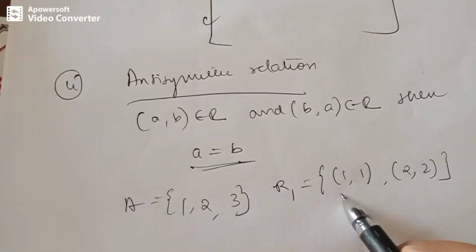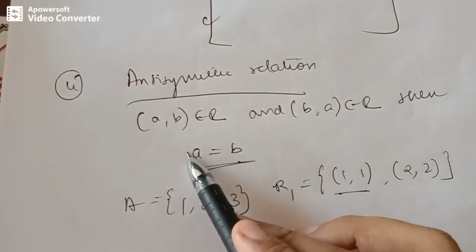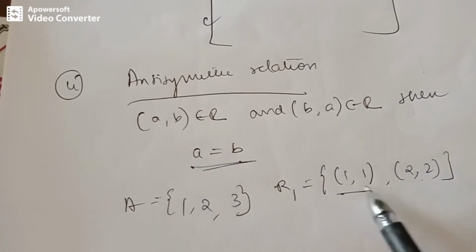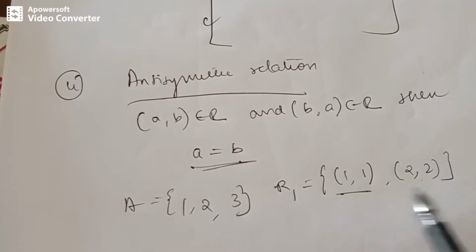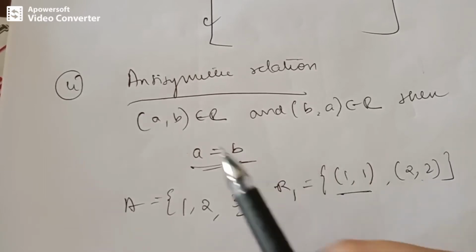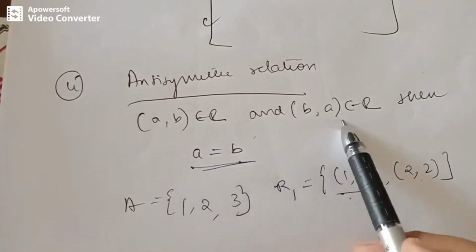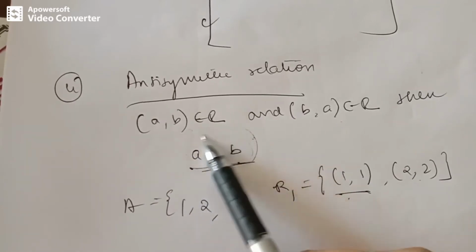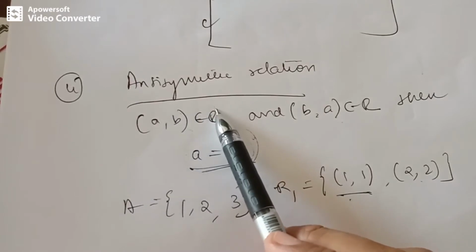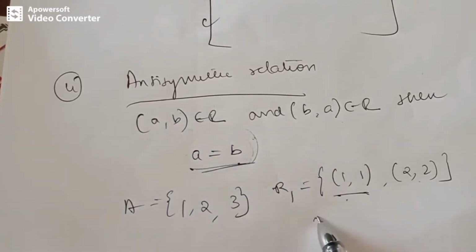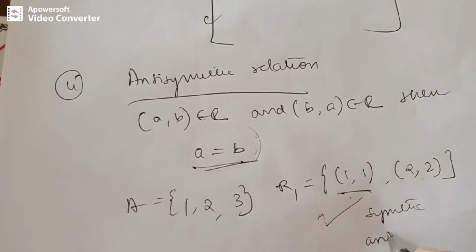So you can observe, this is (a, a). I do not have (a, b) belongs to R and (b, a) belongs to R. This is just (a, a). This is also (b, b). Those are the same elements. And if I say (a, b), and (b, a) is also there, if both of them are there, then I need to have a equal to b. Well, that is what an antisymmetric relation is. Clearly, we can say R1 is both symmetric and also antisymmetric.